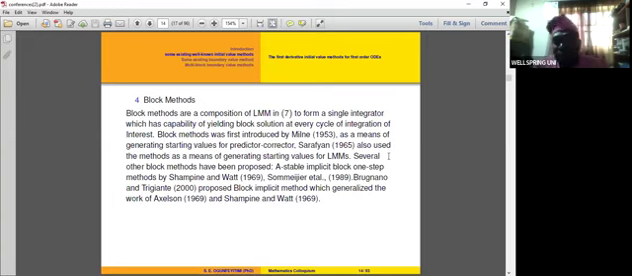We also have the block method, which is the composition of linear multistep methods in 7, meaning that you must have a minimum of 2 linear multistep methods coming together to form a block. You can have 3, 4, or 5 to form a single integrator, which has the capability of yielding a block of solutions at every cycle of integration of interest. We all know that the block method was first introduced by Miller, and we have many authors that have worked on block methods. But our emphasis is on Chu and